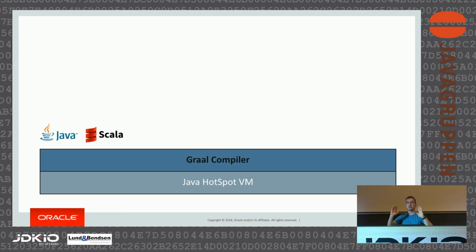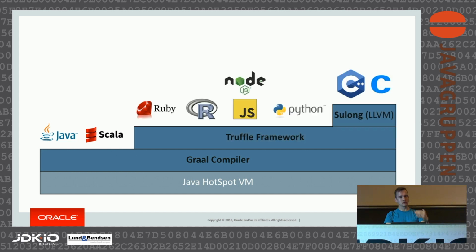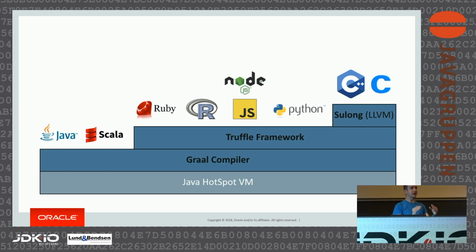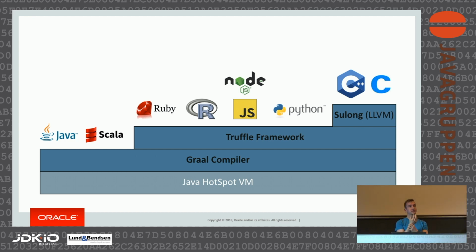But what we want to do, we want to execute all the languages, right? So what we need to do, we need to add some sort of level of indirection, right? Some support for other languages. So there is a thing called Truffle. And Truffle is a framework for implementing managed languages. It gives you an API to build